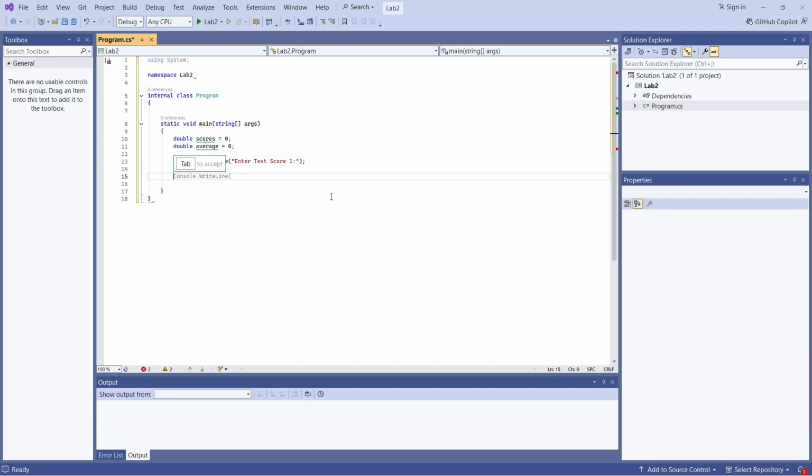And then what we're wanting to do here, so what this is going to do is going to bring back that first test score. So if you kind of remember, we used like console.readline, right? So we use that console.readline to get, when someone enters something, the console.readline is going to get that data, right? So basically what we're going to want to do here, though, is